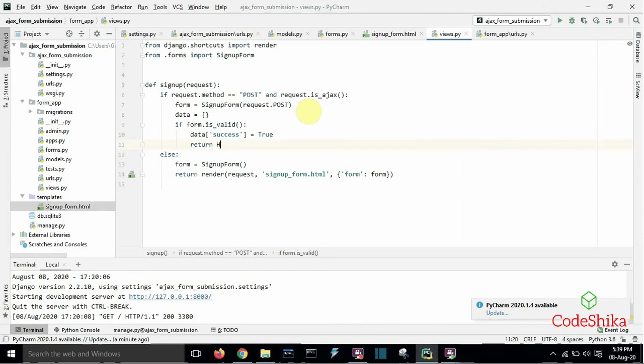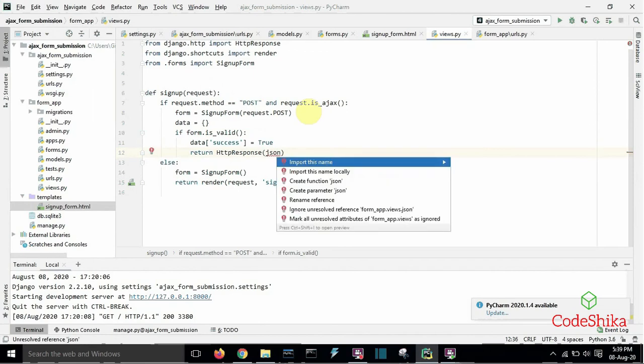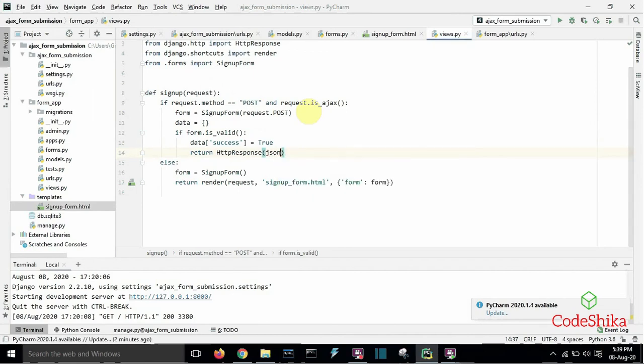Return HttpResponse(json.dumps(data), content_type='application/json').